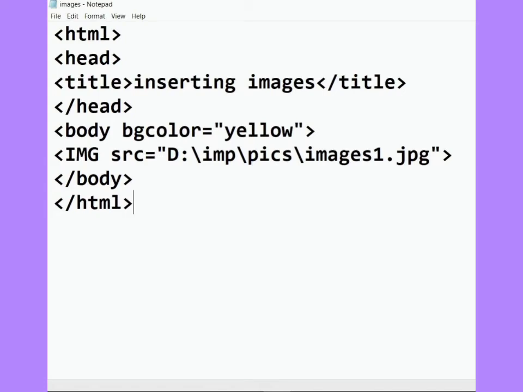After that, the source of the image is the same that we used in the previous coding. Close the body tag and at last close the HTML tag also. Children, now you can see the result of our coding is coming on the screen with the yellow background and a picture on the screen without the text.